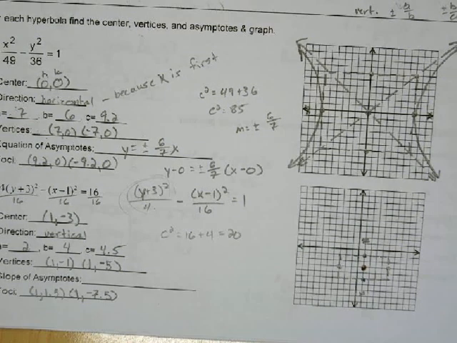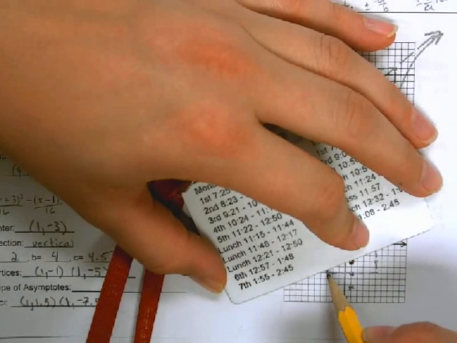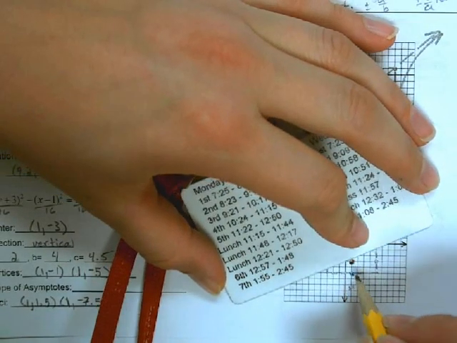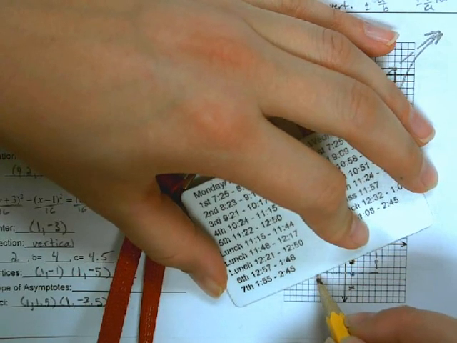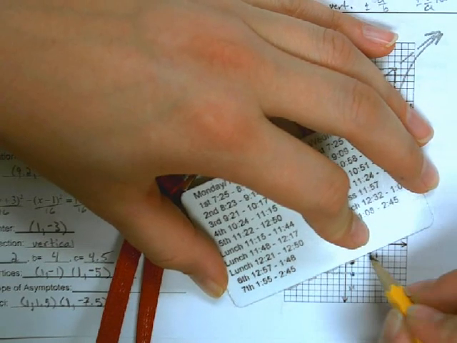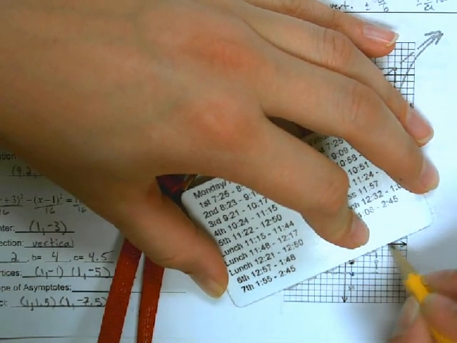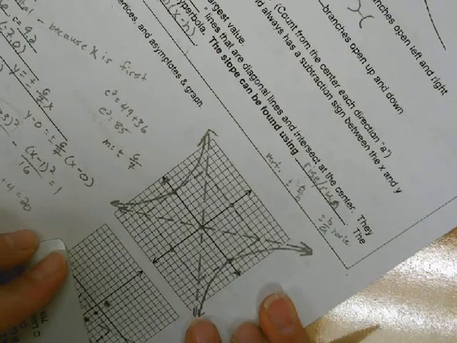Okay, so now I'm going to do my asymptotes, through the center and through those corners. My pencil's not very sharp anymore, so I'm going to leave myself a little room for my pencil. There's one direction,